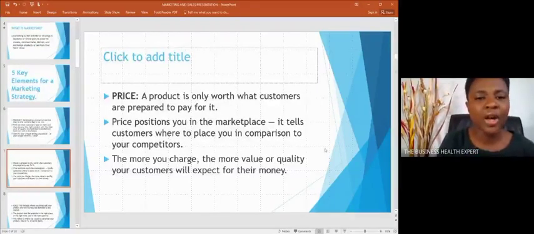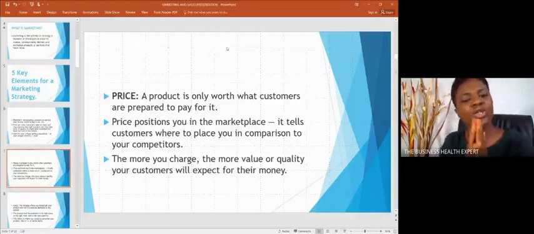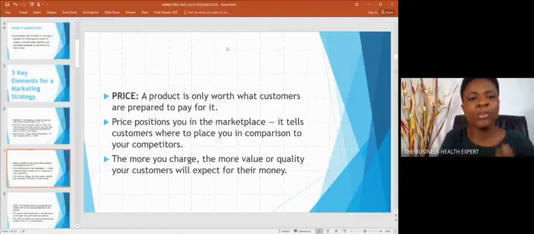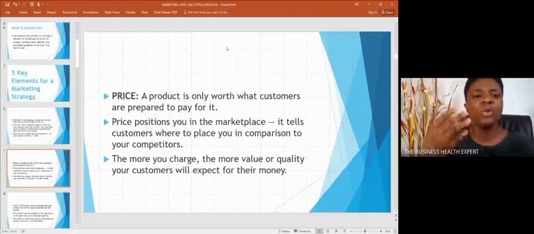You must ensure that you're not charging more or less than what your product is offering. Your product must only be what customers are ready to pay for. And you can determine your price from your unique selling proposition. What value are you offering? The value you are able to offer amidst others that makes you stand out from other competitors will determine your